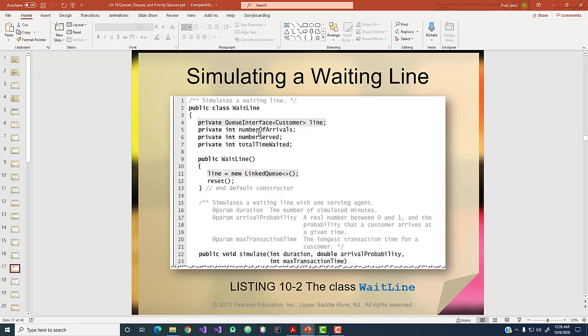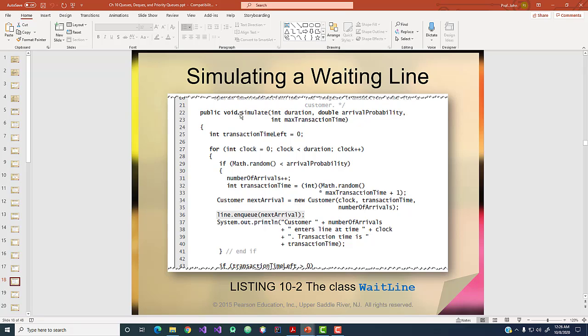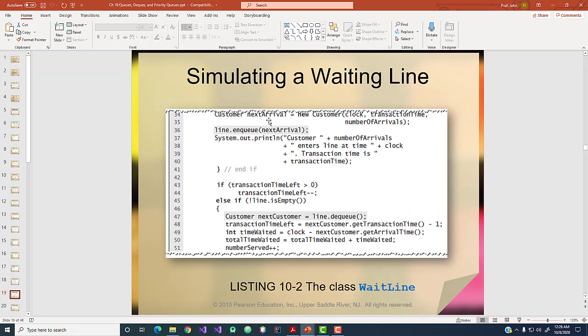So we call reset, which resets all the other values as well. All right, simulate goes through and does the exact same thing we were talking about. It's the pseudocode. It's counting down, has a probability of a new arrival here. So based on a probability, if the math.random value that's returned is under that arrival probability, then we make a new arrival, and then it keeps going, enqueuing, and then in this second set of if-else, you notice the first